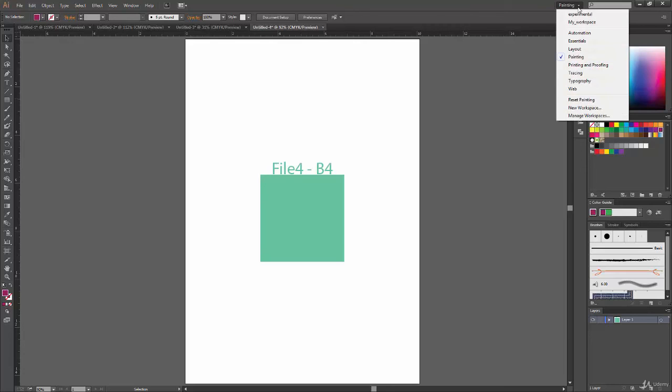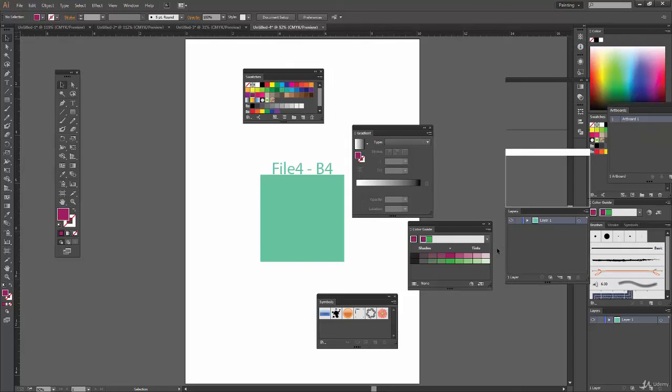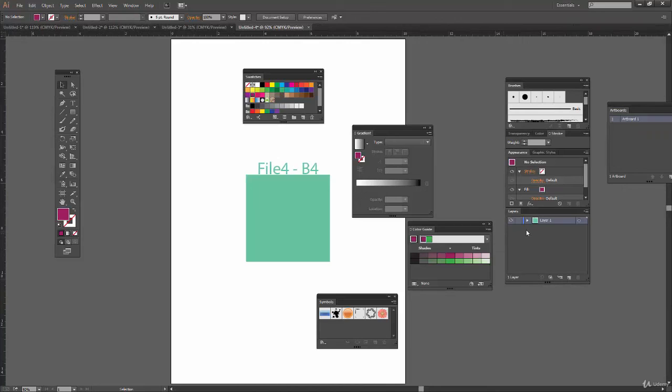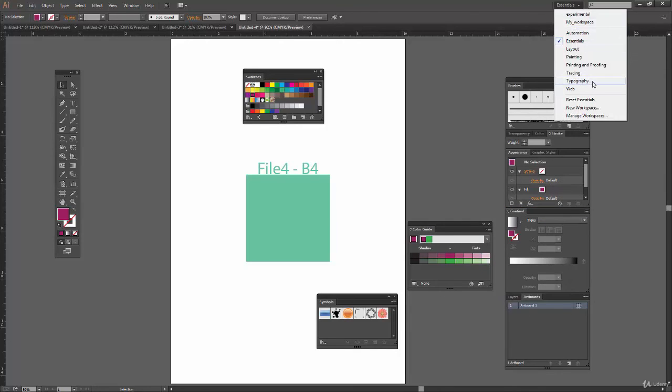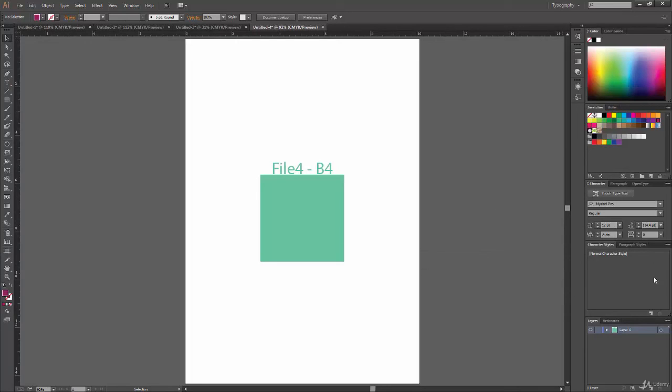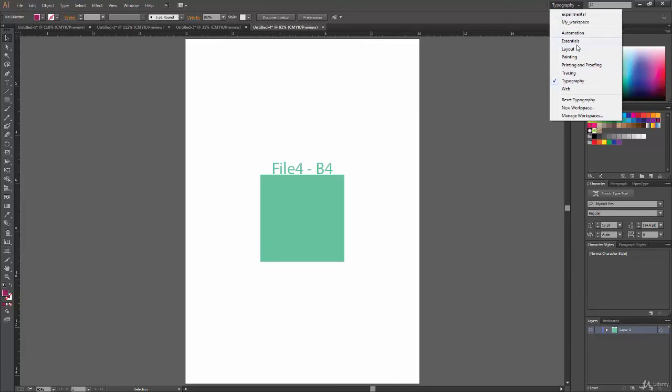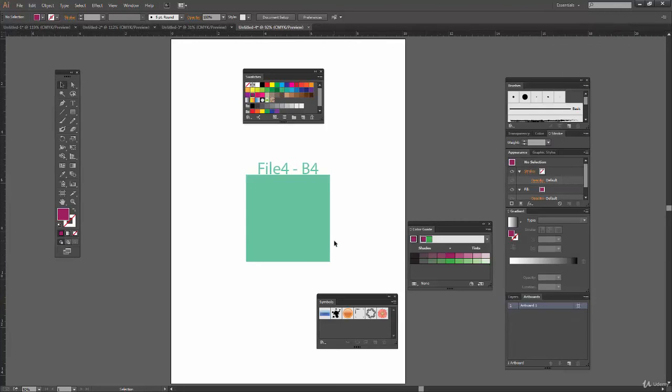Now if I click over here and again click on Essentials, I get my old workspace arrangement again, and I can again rearrange it. I have the freedom to do that. So yeah, I again changed it. Then Typography, it got changed again. Now this time we have colors, swatches, but no brushes or anything over here. Rather we have the text or character panel over here. So this is for typography. Then switch back to Essentials, and we got our workspace back.